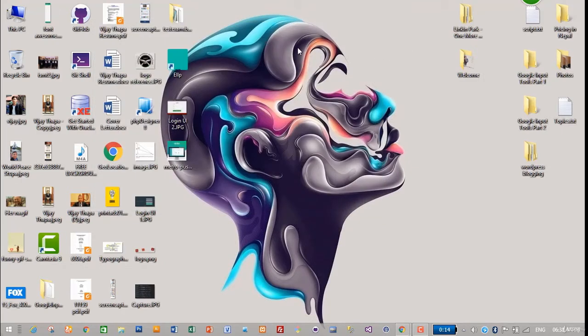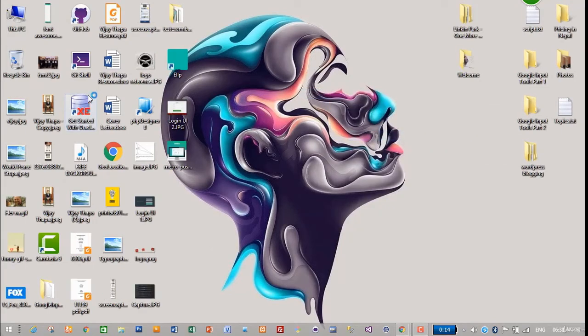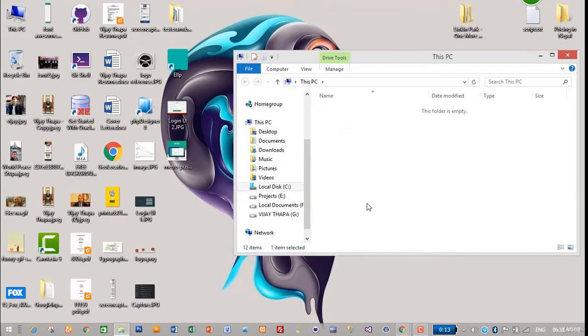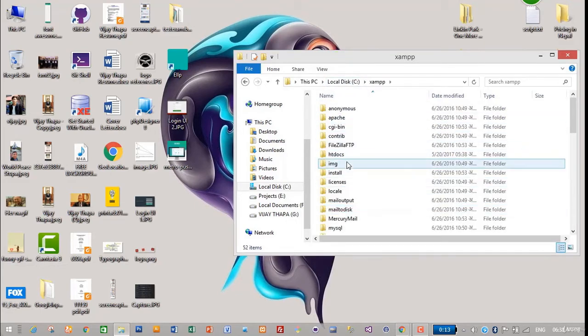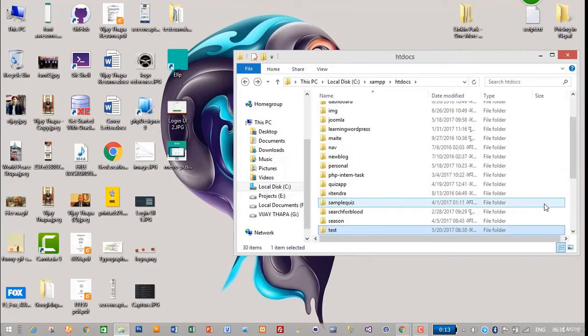So I'll start my Apache server and MySQL. So my Apache server and MySQL database are up and running. Then I'll create a root folder or project folder in the local disk where I have installed my XAMPP. So double click, and I have installed XAMPP on local disk C. So I will go to XAMPP and htdocs and create a new folder here. I'll give it the name test,